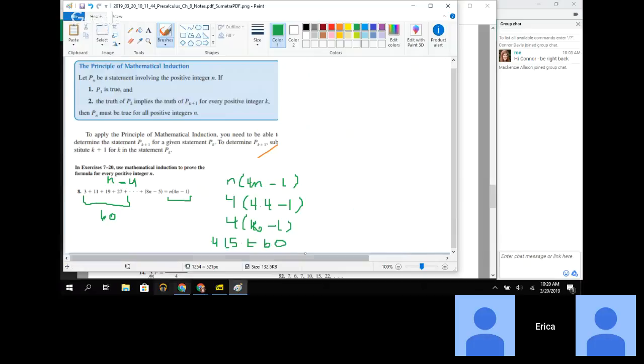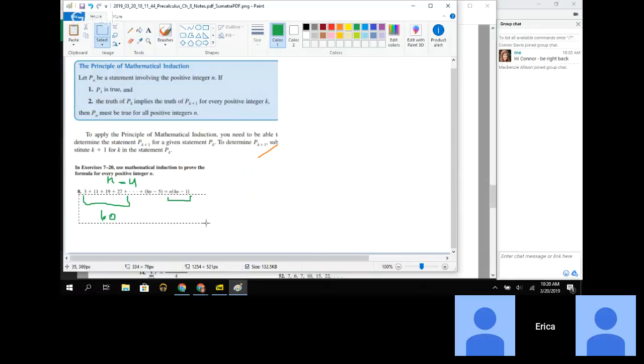So just my little check shows me that, yes, this is a way to write the sum of all the terms in the sequence, right? And this happens to be an arithmetic sequence that's getting added together. That's great that I'm able to do a quick check, right? But what the book asks me to do is to use mathematical induction to show that it's true. Okay, so let's do the 2 steps of mathematical induction to see if this is true or not.